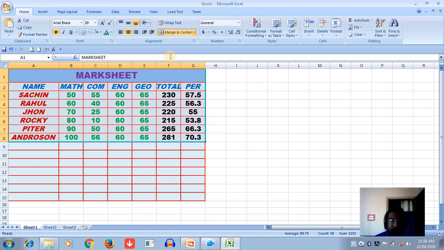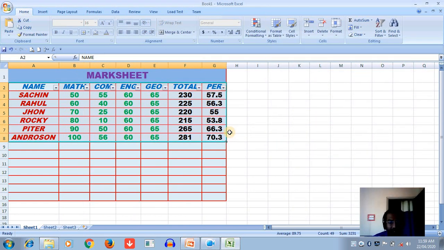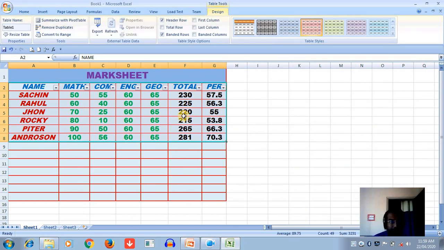Now we can also use the different table type formats. So you can choose here, and then apply as a table format. There are predefined designs available, so we can also use them very easily. Now increase the range here. Okay.